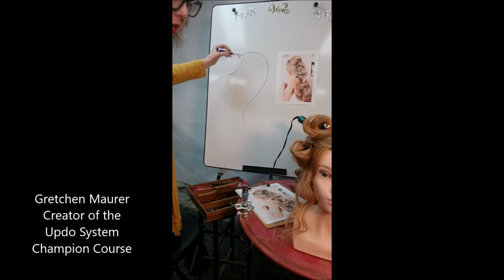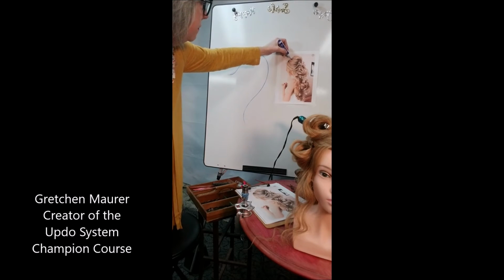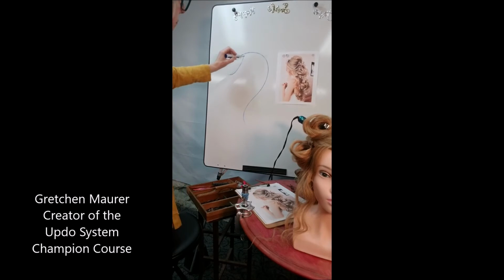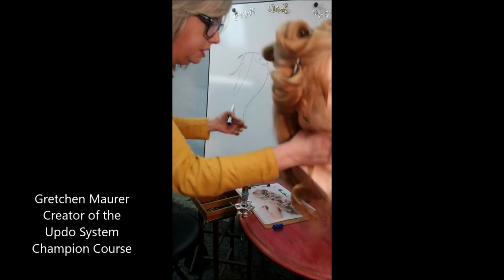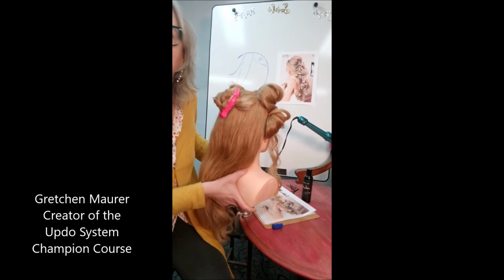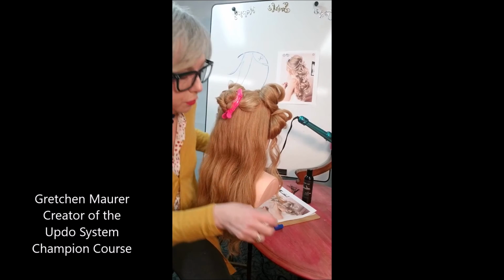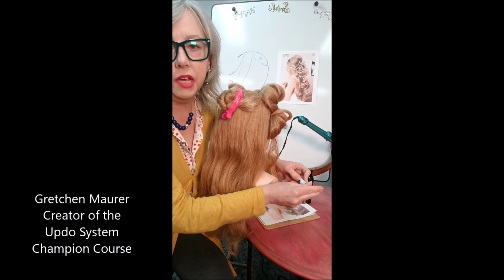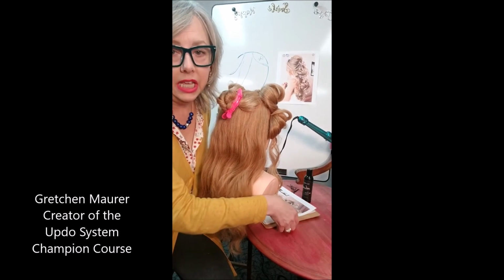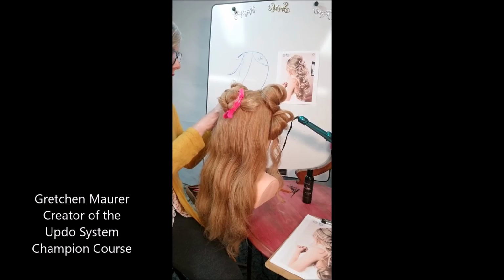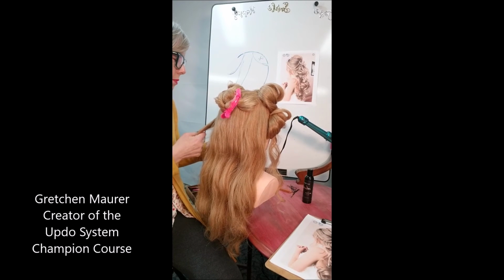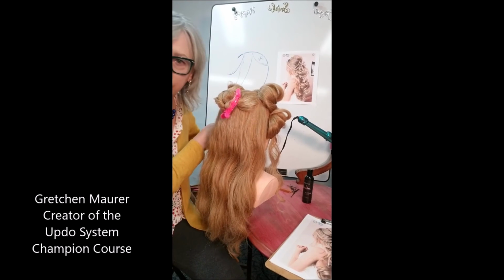Section 1 is always the front. Then we have 2 and 3 are the sides. And then section 4 is the crown. This section 4 is small because we're just looking, I'll show you on the head, for a small poof. Just a small poof, because we need all the hair we can manage to gather for all of this amazing volume. And this is what I would do in a real wedding party, is I would section her, and then